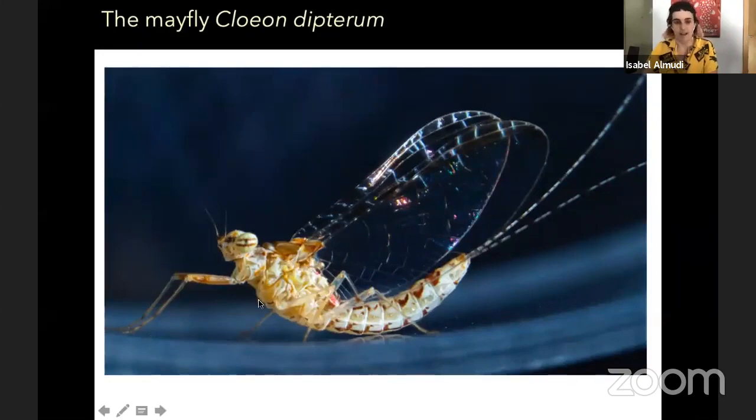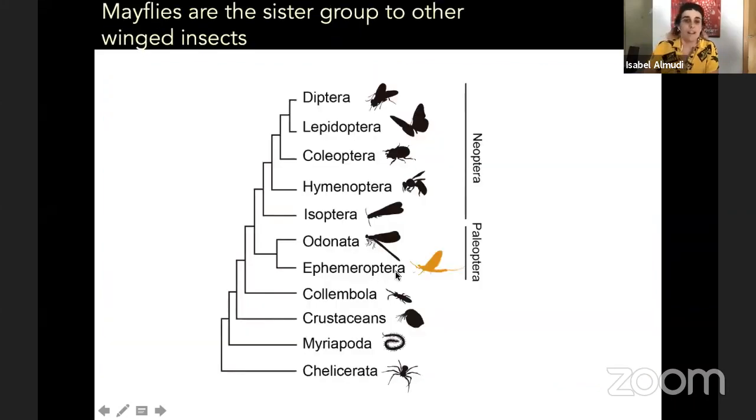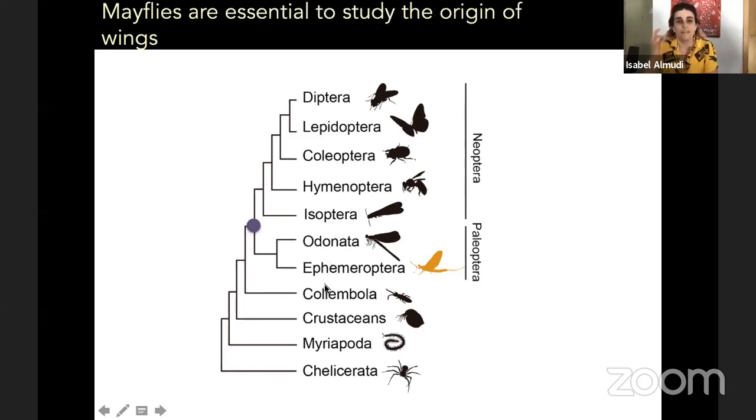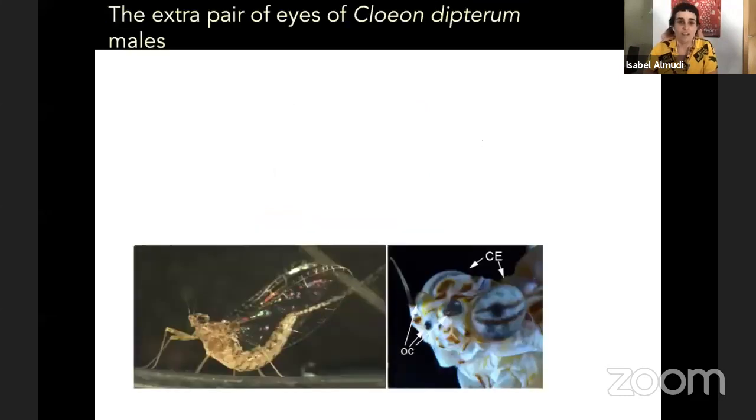So this is a mayfly adult. And why mayflies? First, mayflies or Ephemeroptera, together with Odonata, are the sister group to all other winged insects. So they are key to understand the origin of a morphological novelty such as the wing of insects. Second, Cleon dipterum, which is the species we work with,